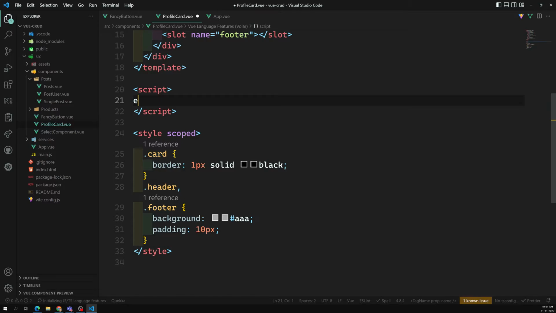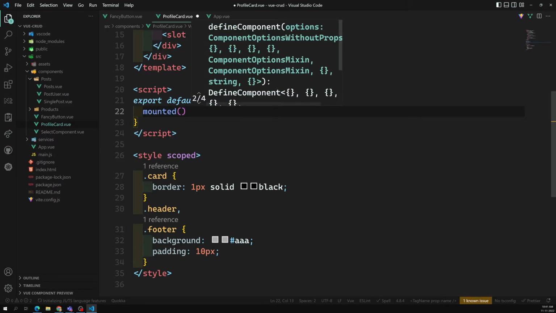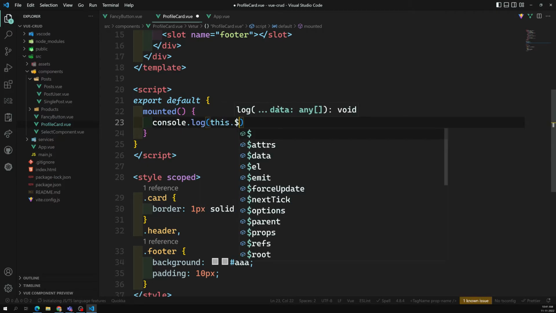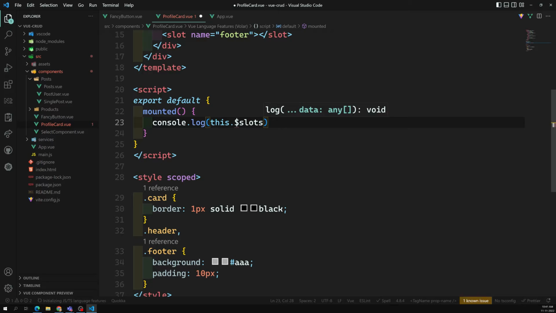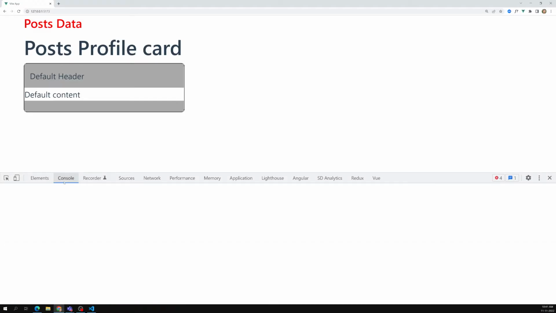Yeah, I'm having export default. So in this export default, let's go to the mounted. So when this component is loaded, I will do console.log this.$slots. Using this variable this.$slots, we are able to get what slots are available in this component. If I try to show you the output in the console,